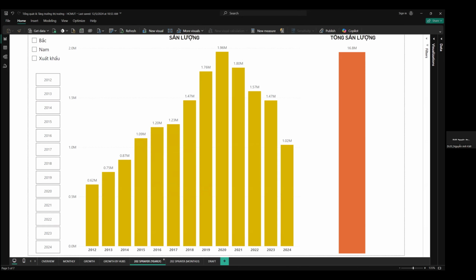The severe devastation of the pandemic affected the whole country's economy and tremendously impacted the sales output of industries, specifically this enterprise. This impact has pushed output down to 1.2 million units in 2024,